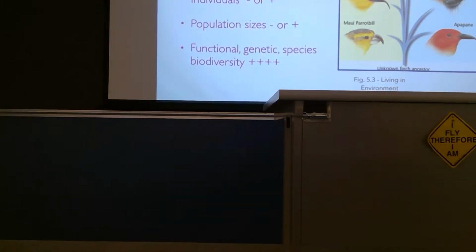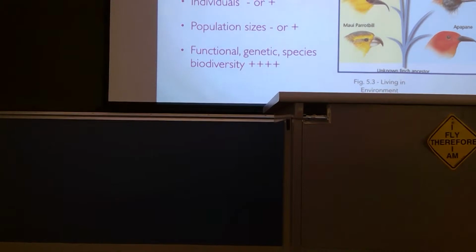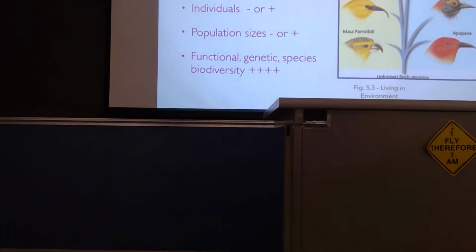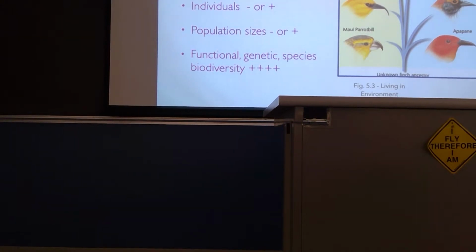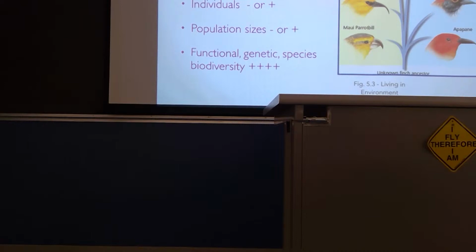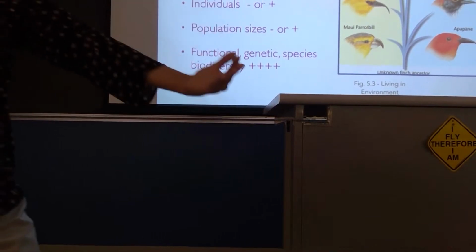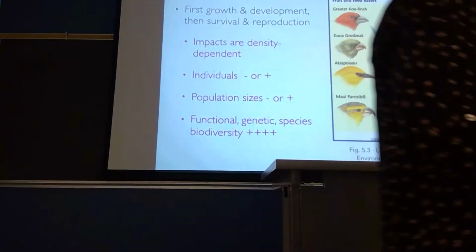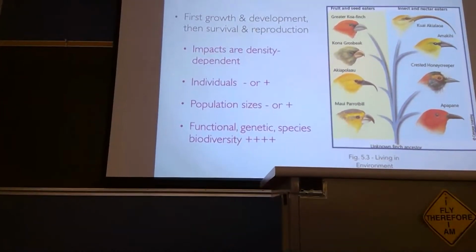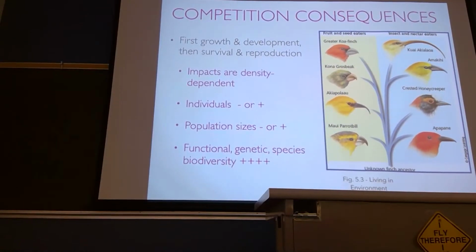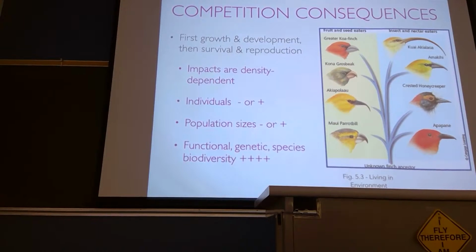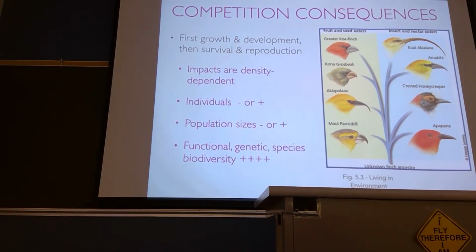Cool, okay. All right, we're going to talk about competition consequences first, and there are three basic ones, but on the big picture, I want you to recognize that competition has consequences for biodiversity and for populations. First and foremost, competition affects growth and development of individuals. Because it affects growth and development, it then affects survival of those individuals. And as a result, it can affect population abundance, population growth, and population density. So competition has an individual effect, and because individuals are affected by competition, it has population consequences.